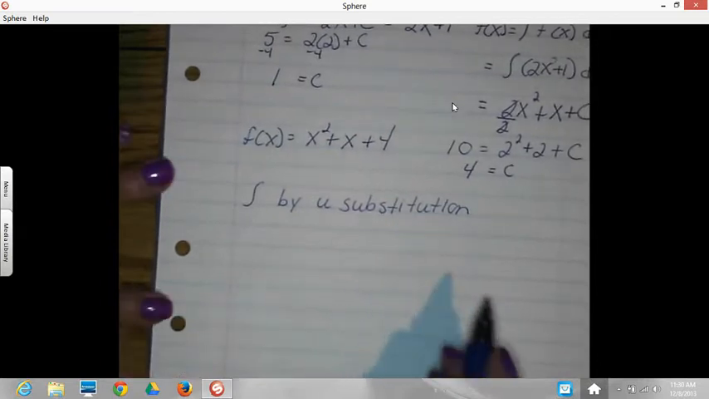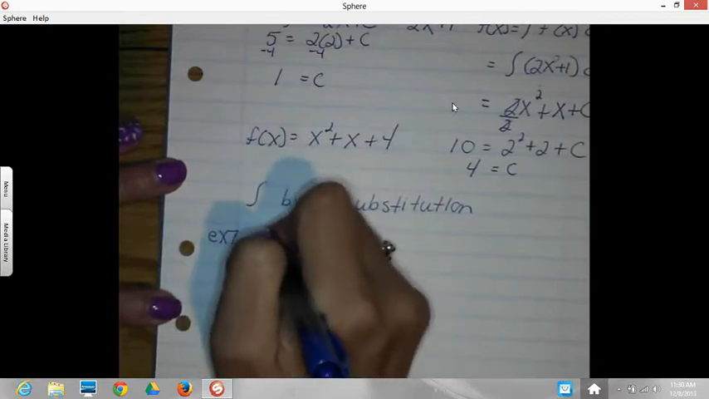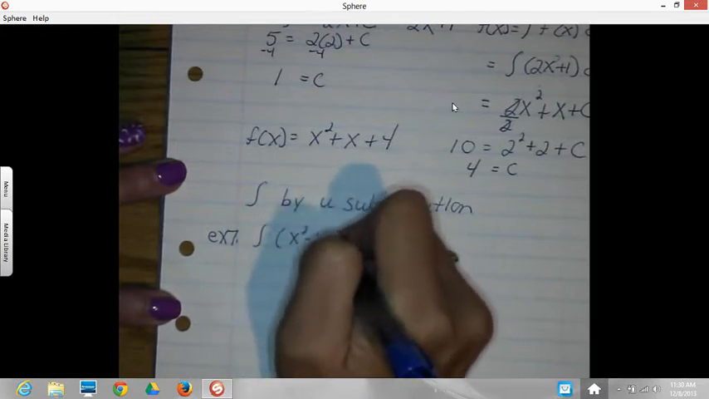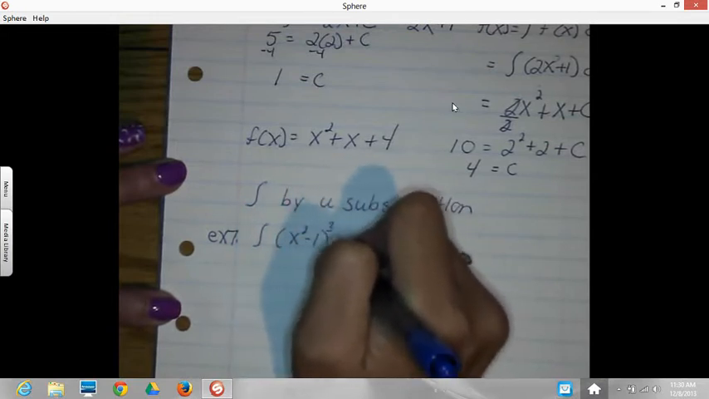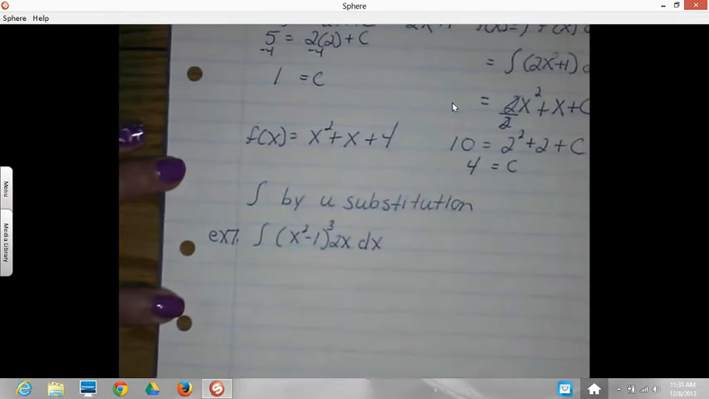So number 7. We want to integrate the quantity x squared minus 1, cubed, times 2x dx. Okay. You always want to let your u equal